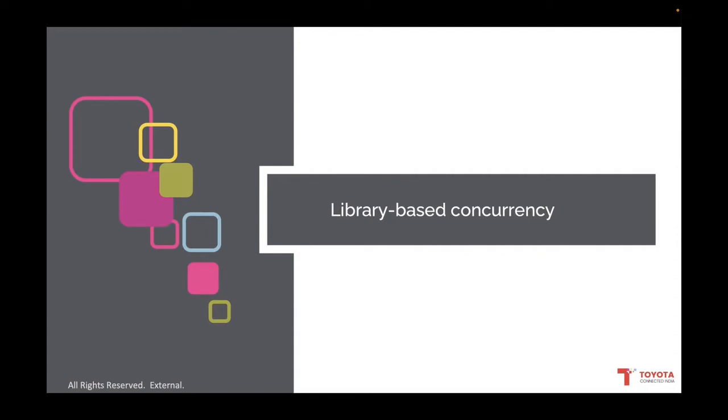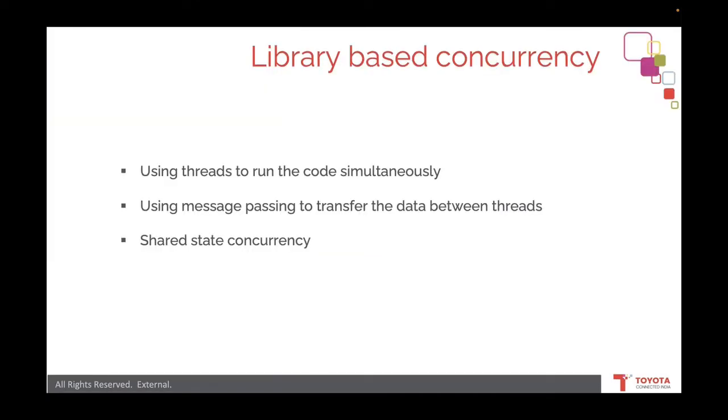And now moving to the library-based concurrency. So there are so many ways to implement the concurrency in Rust. And in today's talk, I will go through the library-based concurrency. We can use some standard library in Rust, and we can implement the concurrency. So there are three ways to implement the concurrency in Rust. First is using threads to run the code simultaneously, and second is using message passing to transfer the data between threads, and third one is the